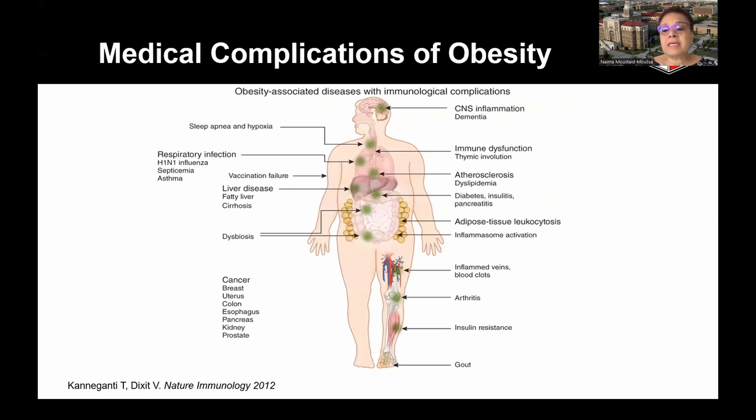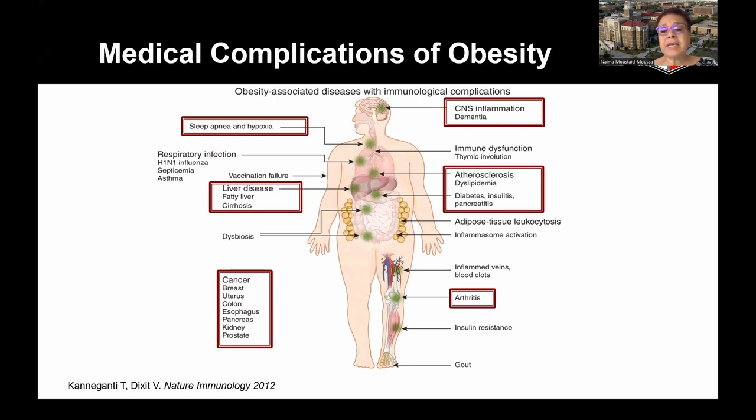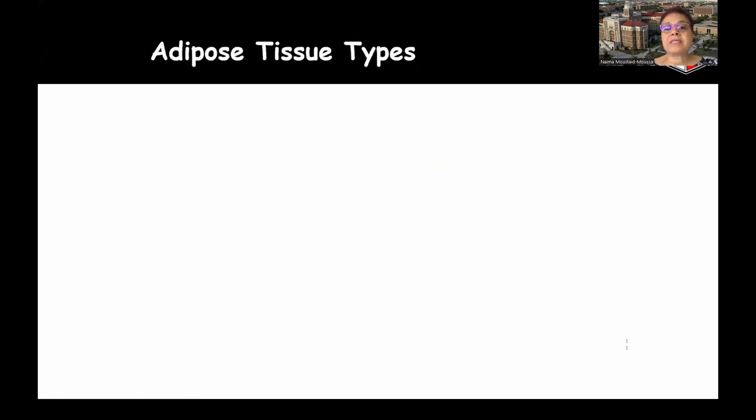So obesity is a complex metabolic disease, and we need to address it because it's associated with severe medical complications. Obesity almost affects every organ in our body. It can lead to atherosclerosis. The higher your BMI, the higher your risk to develop dyslipidemia or diabetes, certain types of cancer, fatty liver diseases, or even cirrhosis, even brain diseases, sleep apnea, inflammation everywhere, including in the joints. And specifically, you see high accumulation of fat. It really affects those organs that are around it.